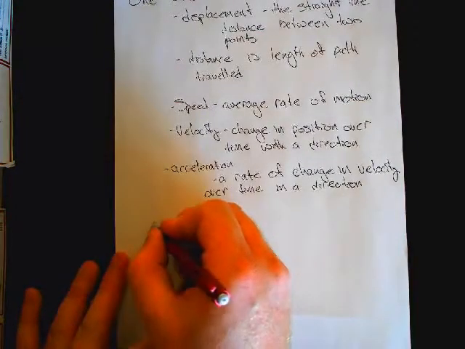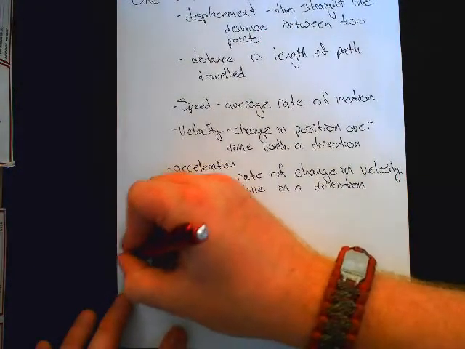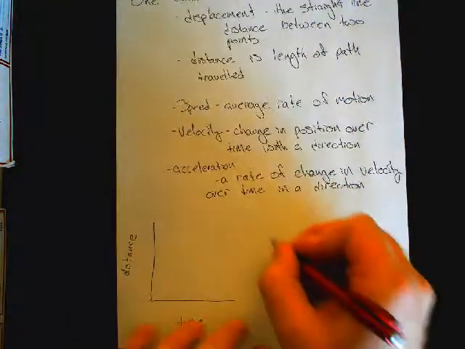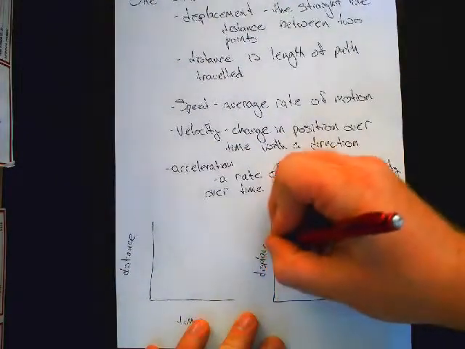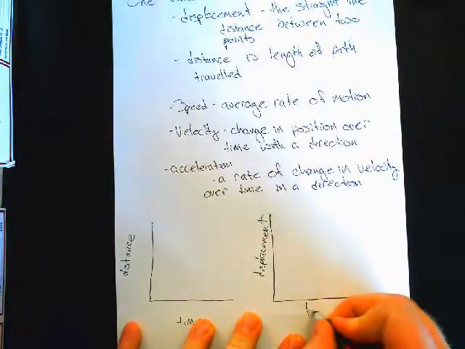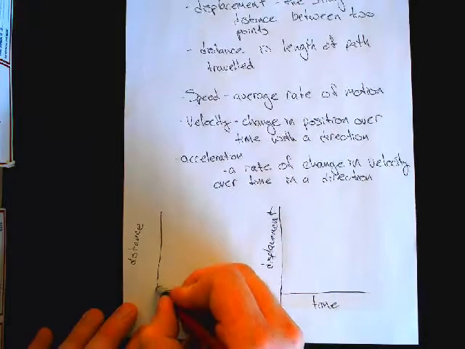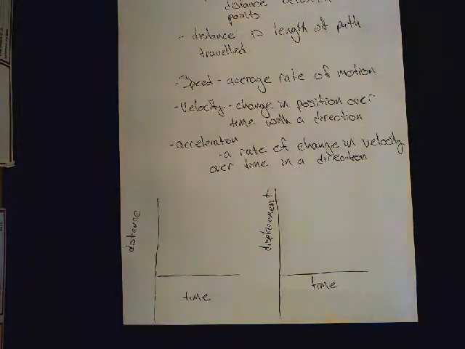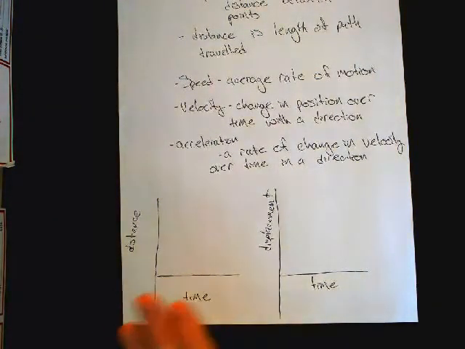All right. So, first thing I want us to do is we're going to plot a distance versus time graph and a displacement versus time graph. Distance versus time and a displacement versus time. Okay, and actually, I should draw this a little better. I should have negative axes as well here. So what we're going to do for this one is I'm going to stand in the middle of the room and I'm going to walk back and forth in certain directions, counting different amounts of time, and we're going to plot that to start on the distance versus